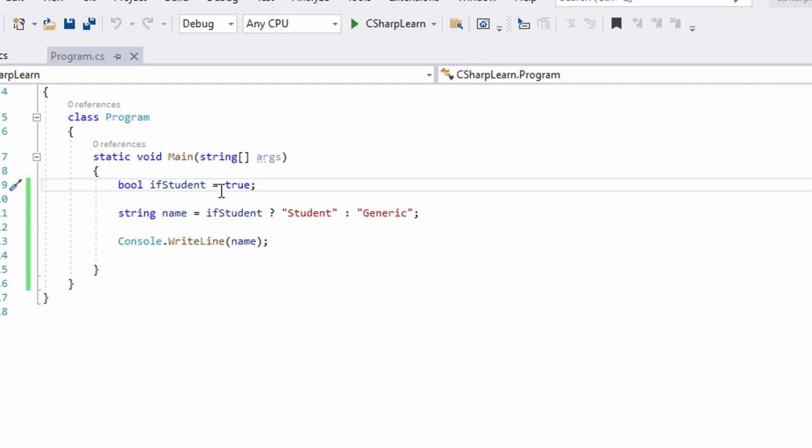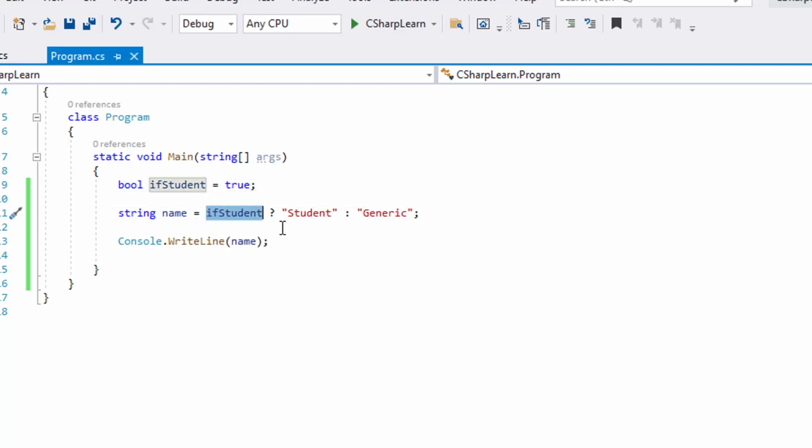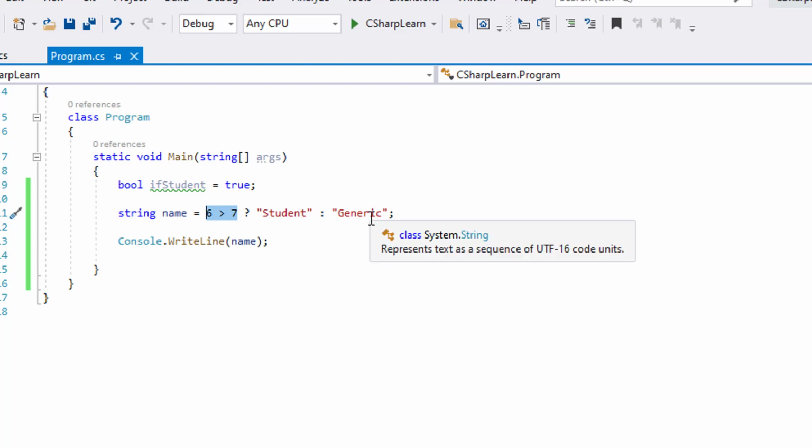Now I have just put a very simple condition, true and false. It can be any condition. Let's say 6 is greater than 7. No, this is false. So it will check this condition, 6 is greater than 7, no, so it is false. If it is false, then it will go to the generic.